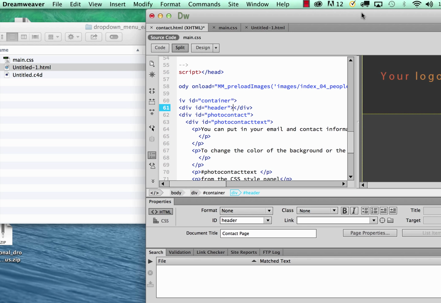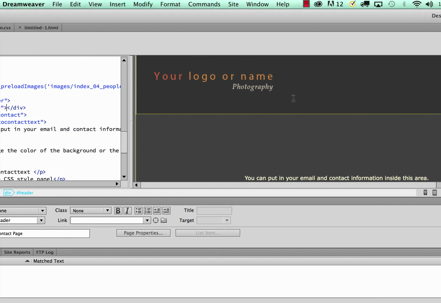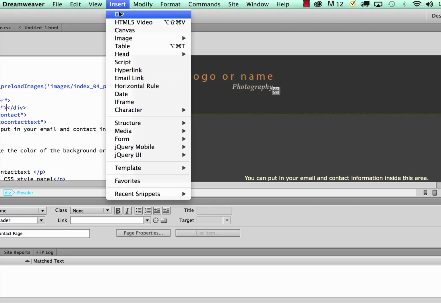I'm going to come back to my contact page, and first, I don't want to directly put the navigation in the header, because I want to be able to control it better by moving it to the right or to the left. So what I'm going to do is insert a new div